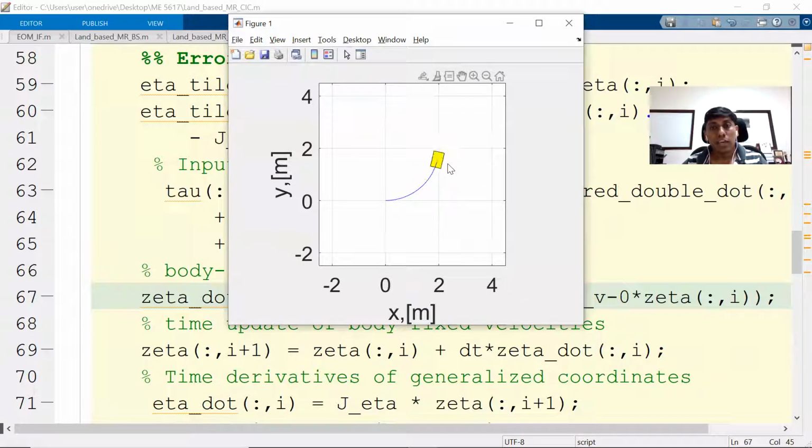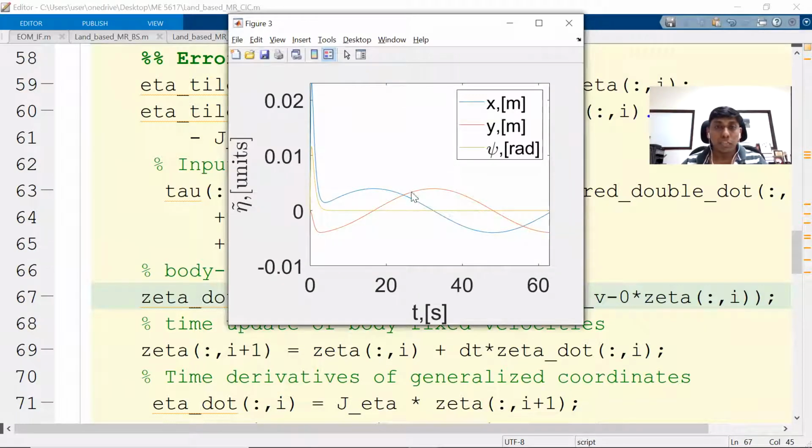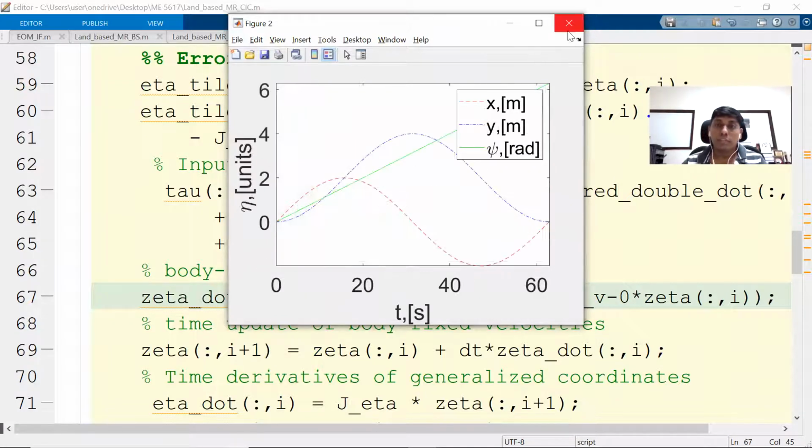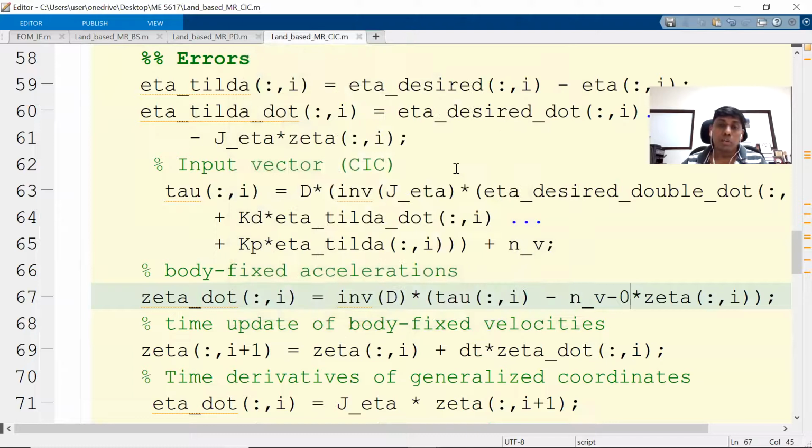So hopefully we'll see that. Right, so you can see this going good. It's doing good itself. So the error, if you look at it, earlier some significant error was visible. Now you can see it is much reduced, right? So with the presence of friction or not, these all come into the picture, right? So now we have seen how the dynamic control can be done, all those things.